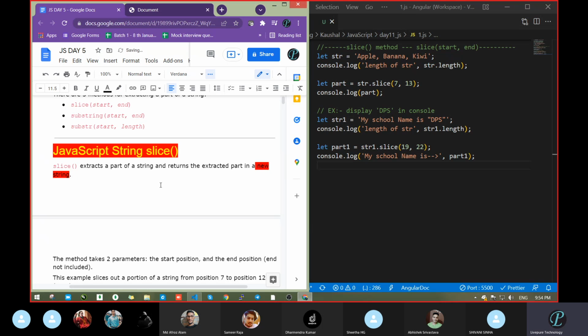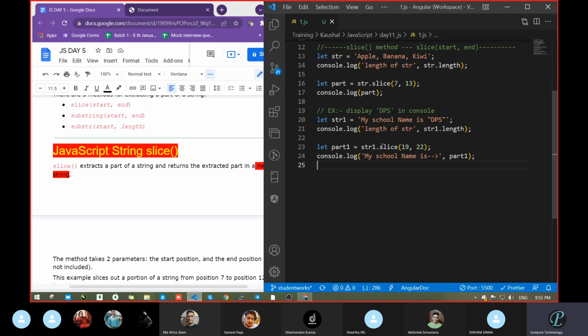It is extracting with the help of the slice method, okay, and storing it into a new string. In interviews they mostly ask whether slice will create a new string or not. So it will create a new string. What is it doing? It extracts the value and creates the new string. Where is the new string? Part 1.